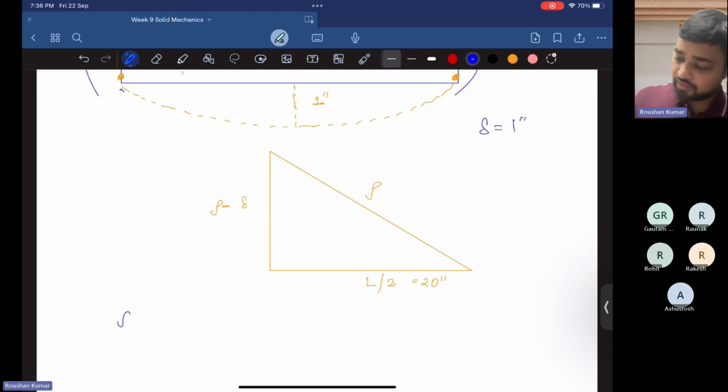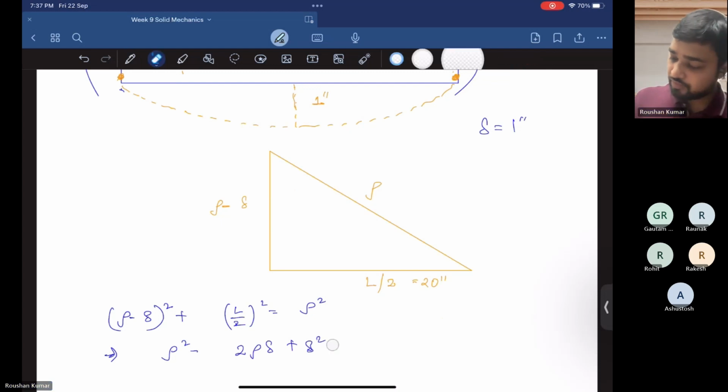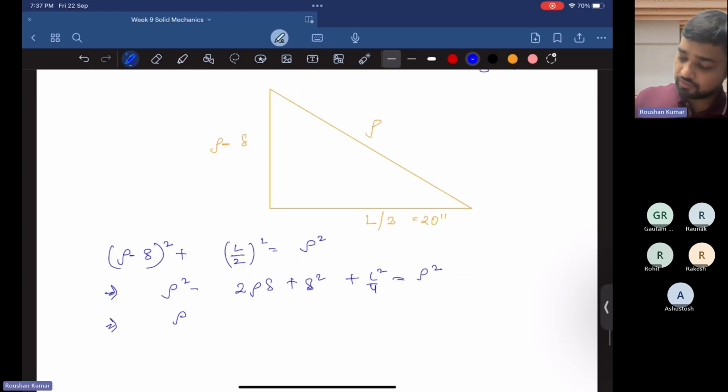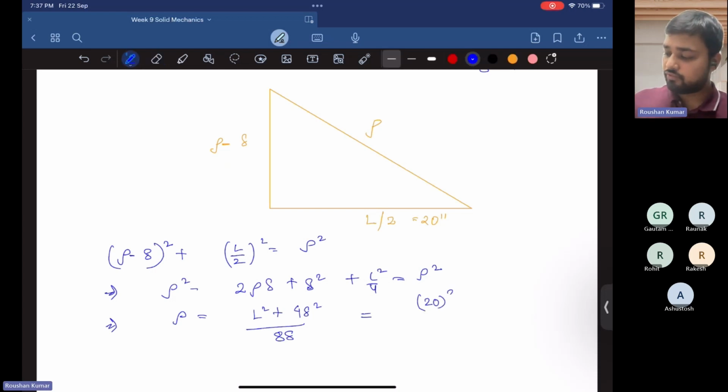So using Pythagoras theorem, (rho minus delta) whole square plus L square by 4, that is (L by 2) whole square, equal to rho square. Rho square minus 2 rho delta plus delta square plus L square by 4 equal to rho square, or we say rho equal to (L square plus 4 delta square) upon 8 delta. And if we put the value, L is 20 square plus 4 times 1 square upon 8,